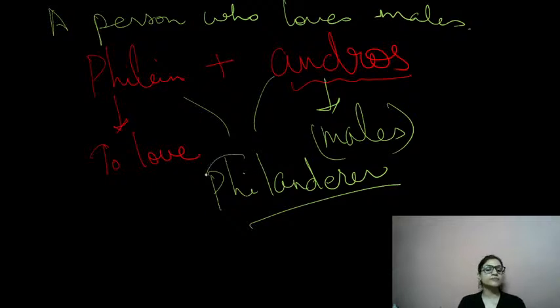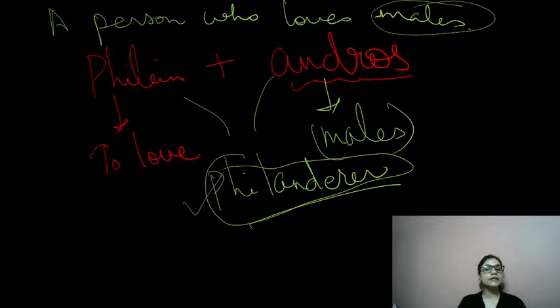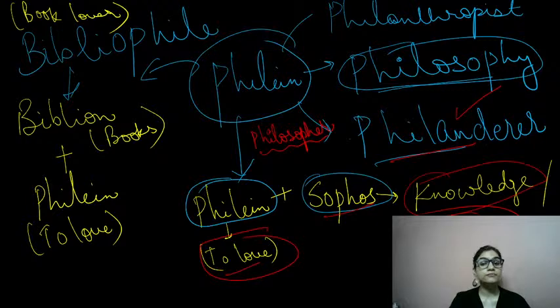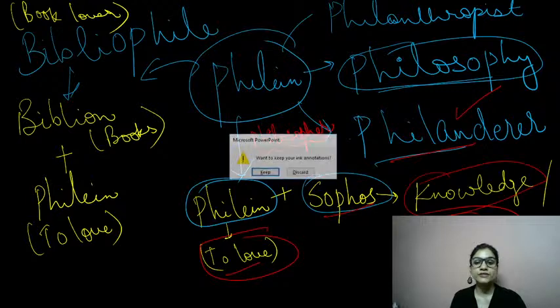That is philanderer, right? Now, this word does not have a positive or a negative connotation, right? It can be somebody who switches. Somebody who is very optimistic can also be a philanderer, right? It's not that it's a positive word or a negative word, but yes, this term was generally coined at that time in the Shakespeare era, but now its usage differs from time to time, as human nature and behavior change. So philanderer is a person who falls in love with another male. That is the important point here. It's not humans, it's specifically the gender, that is the males, right? So please have a look at these words, guys. Just give me 1 minute.